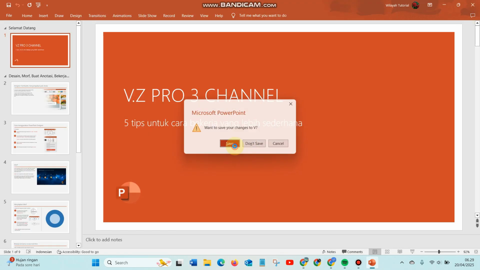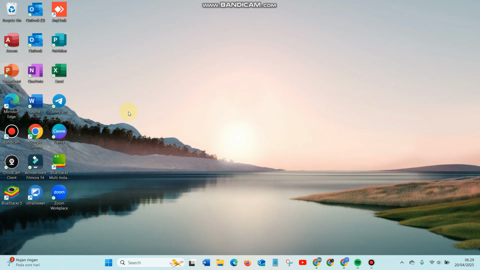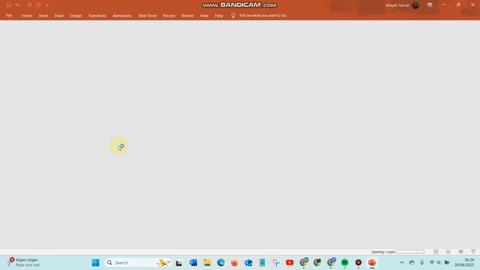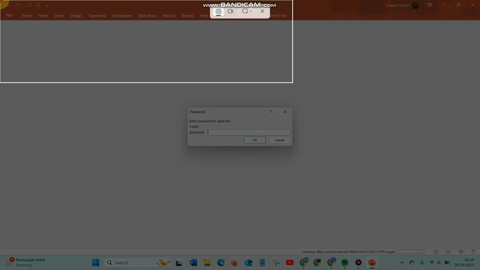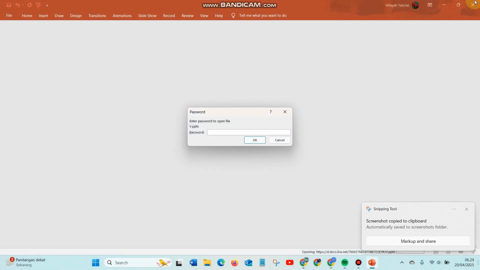Let's close this and reopen again. And when we try to open this file, it requires a password to open this file, the presentation. It's very simple, right? So that is how to protect